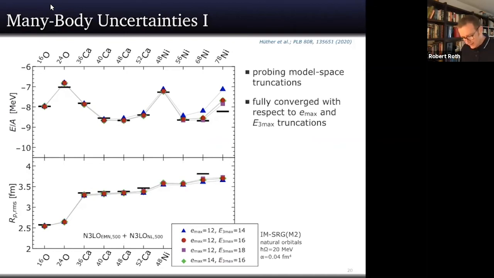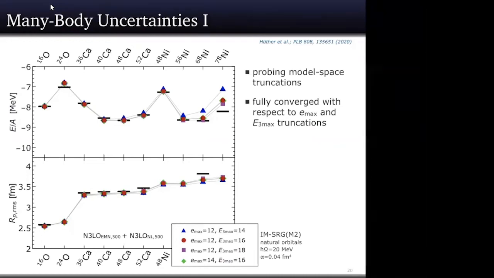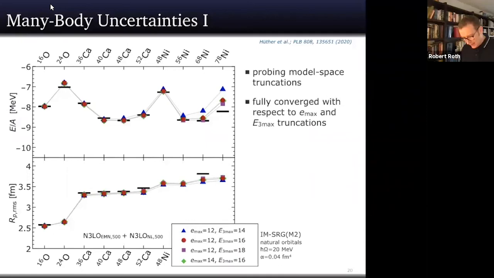And actually, this is a critical limitation, if you like, if you go to heavier systems. And this is illustrated if you look out here. So essentially, for all these different truncations, everything looks nice and on top of each other up to the calcium isotopes. But if you go into the heavier nickel isotopes, and that's the issue we discussed before, you see suddenly things change.